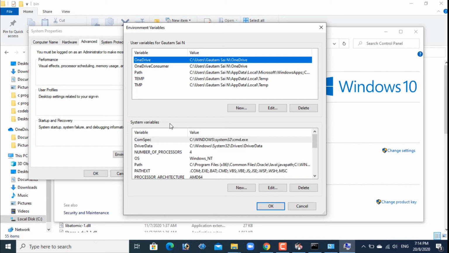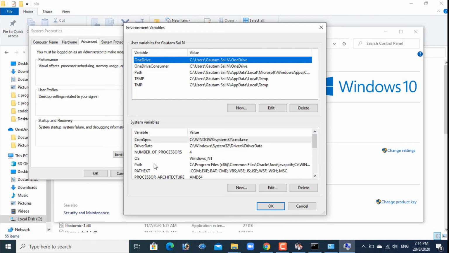Mostly it is better to set the path in the system variable. It means if we set it in the user variable, we can use it only for this user. If you want to use this software for all the users of our system, we should set it in the system variable. So now I am setting the path in the system variable.